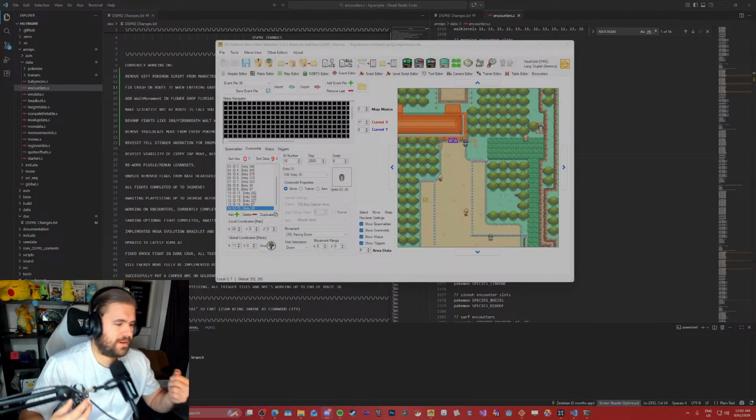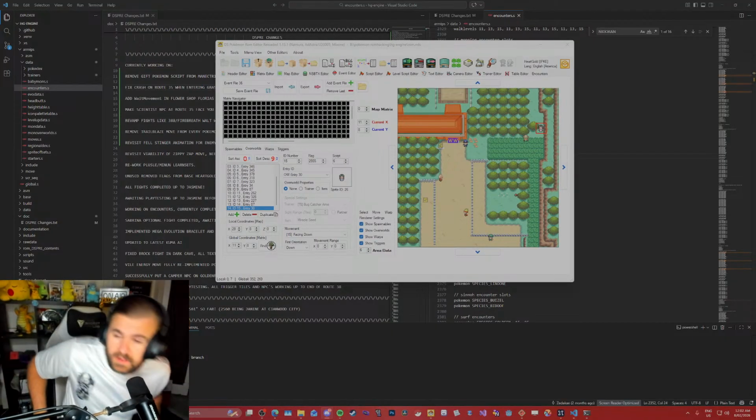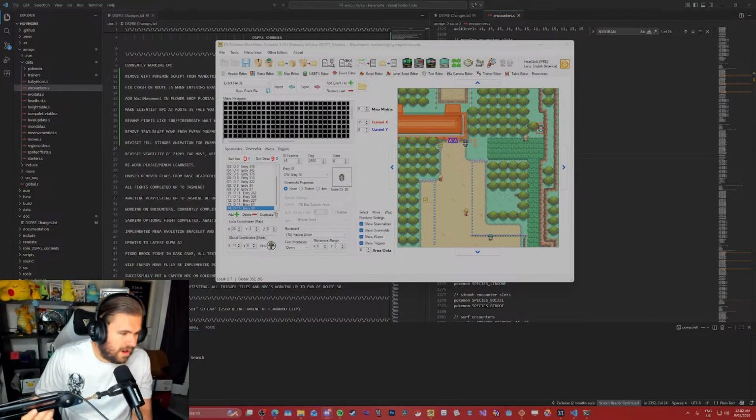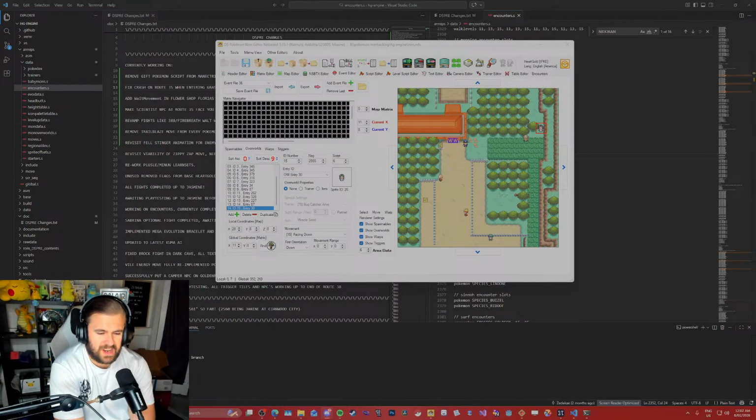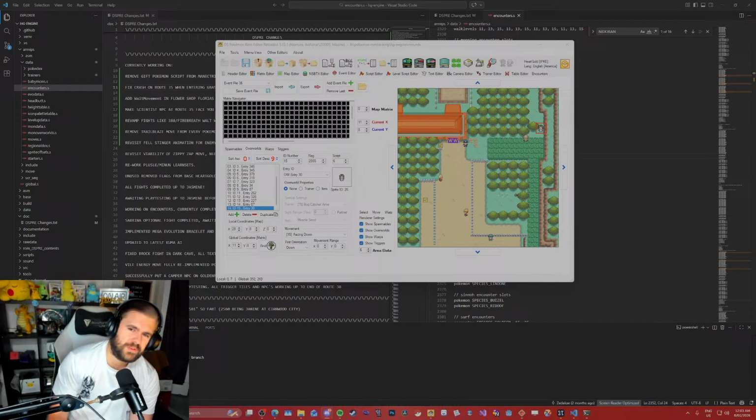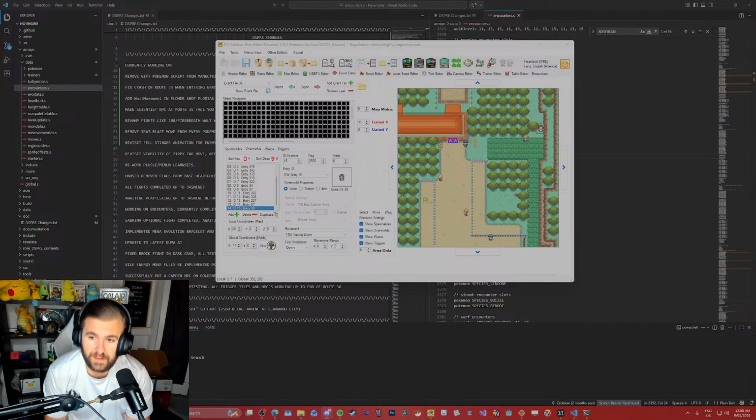Like, I can muck around with this NPC. I mean, at this point in the game, you have access to cut, right? So what's stopping me from just putting a little tree there? But then you can just cut it down and go that way, and then you dodge. So I want them to be forced to go through National Park, right? I don't want to have to edit the map.